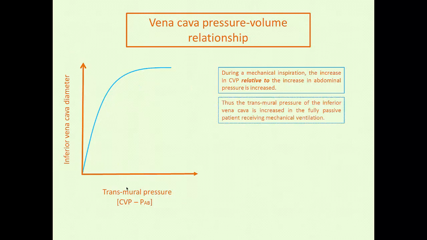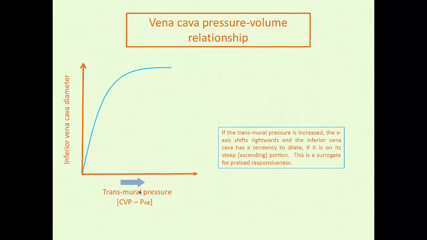It's the same physiology. Now your transmural pressure is the right atrial pressure less your abdominal pressure. So during the mechanical inspiration, the increase in CVP relative to the increase in abdominal pressure is increased. So the transmural pressure of the inferior vena cava is actually increased in the fully passive patient. So now we're moving rightwards on the transmural pressure graph. So your CVP, the right atrial pressure, is going up relative to the increase in abdominal pressure in the fully passive patient. So if the patient is on this portion of the